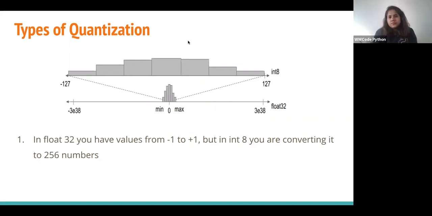What that will do is reduce your memory footprint when you're saving the model, because you're saving the model in int8, which takes less memory. But when you're performing inference, you can still perform inference using the full precision, so you are not going to lose accuracy. And finally, the last thing you can do is save your model in int8,